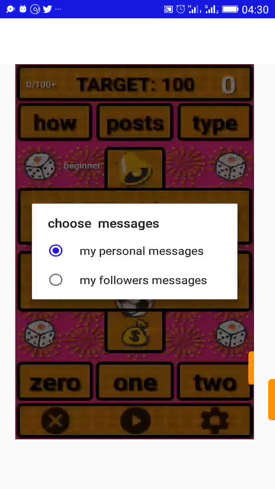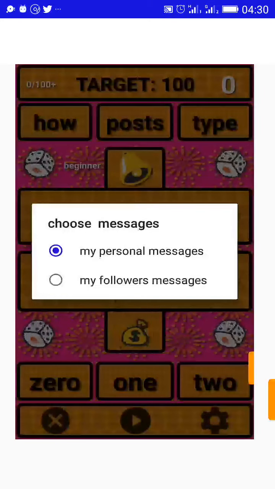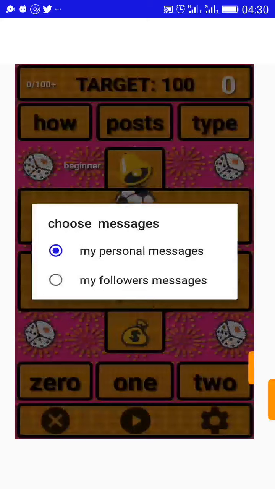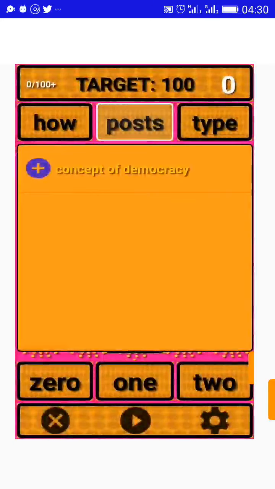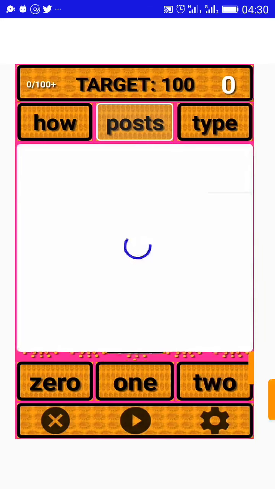I'll have to now click my personal messages because I want to access the message I saved by myself. So I click my personal messages, and my file name will now be displayed for me, concept of democracy. Now to access the message I saved in that concept of democracy, I'll now click the file name. I click on the file name,